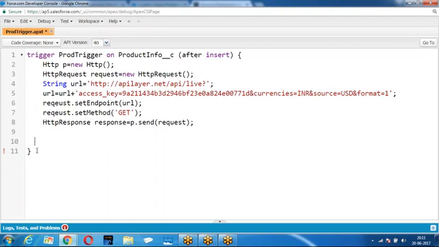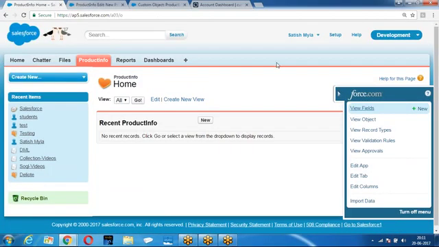Now, when you are trying to make a web service call from a trigger, what is the problem that we have? First, let me register this URL with the remote site setting. Why should something be registered with the remote site setting?